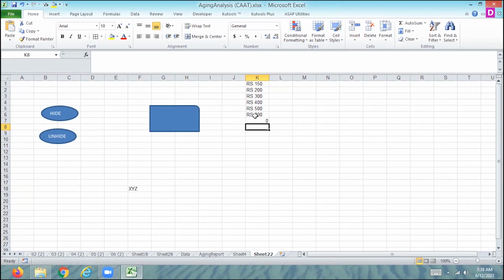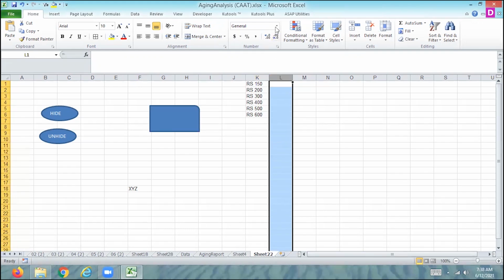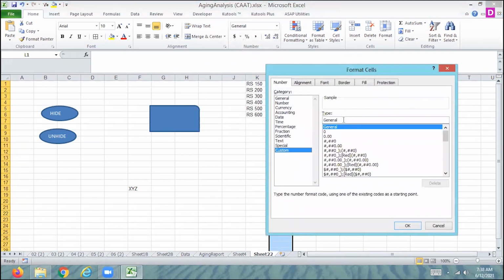We have to have a clear idea about how to add a previous value, how to add the next value, and how to edit anything in your data. So now this is our data and this is our value. We cannot add this value first. If we want to add anything, select that column, then go to more number formats, custom format,